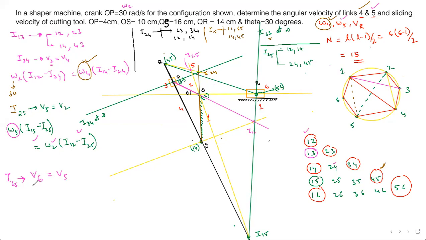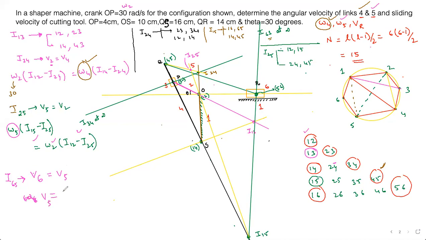So now this is the velocity. Both the velocities are equal at that point. Okay, at the I center, you have both the velocities the same. Fine. So now V6 equals V5 when you are taking this point. So you can write omega 6. You don't have omega 6, right, guys? So usually we write omega 6 into the distances, right? So right now I'm going to just find out V5, guys.